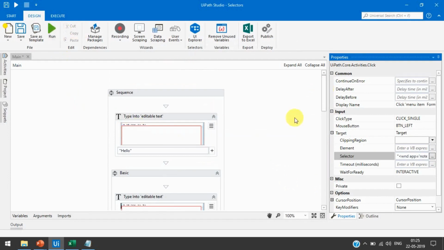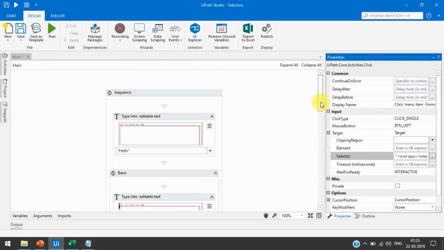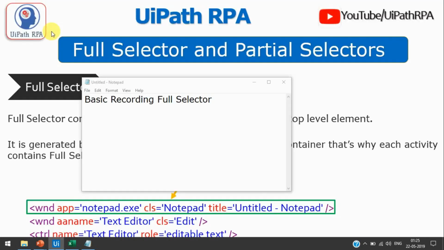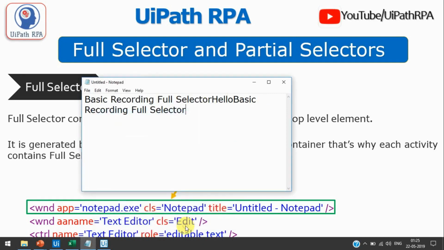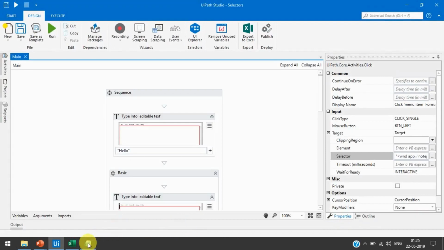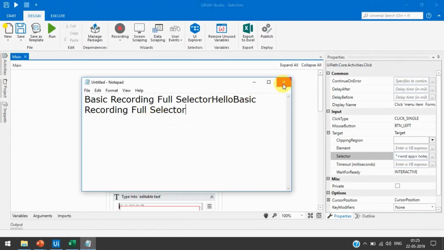The only difference between the full selector and partial selector is the top level element, and second, the full selector is generated by the basic recorder and the partial selector is generated by the desktop recorder. So first let me run this. Now you can see it has written basic recording full selector, selected Verdana and 20, and then OK, right? So processing has been done, it is working fine.